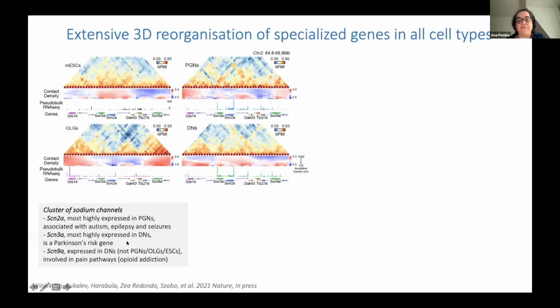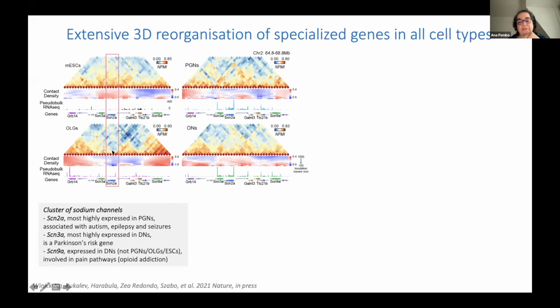We have a number of other genes also with this type of phenotype in this region. Now, you've probably been looking at the matrices, so you can, for example, look here in the ES cells, where these genes are mostly not expressed, that we have a domain of close contacts. As we look in the oligodendroglia, for example, we have the appearance of a very clear loss of insulation, and the appearance of a very clear TAD border.